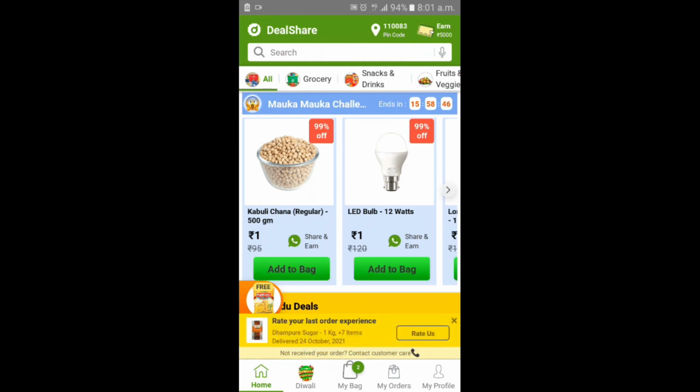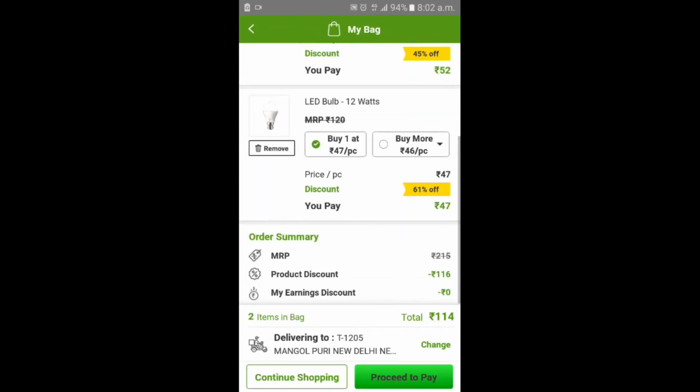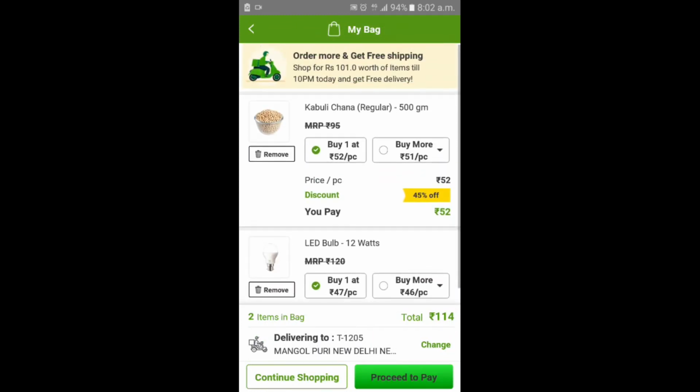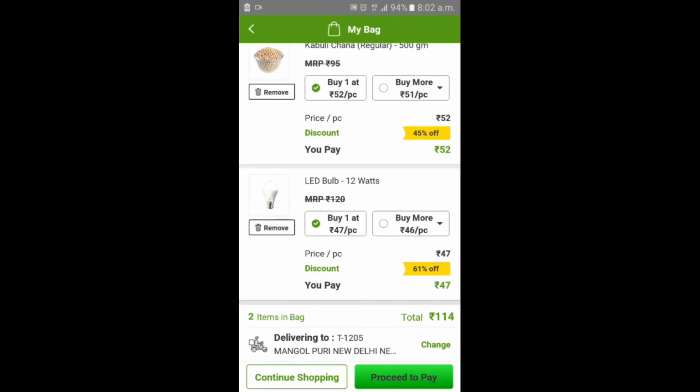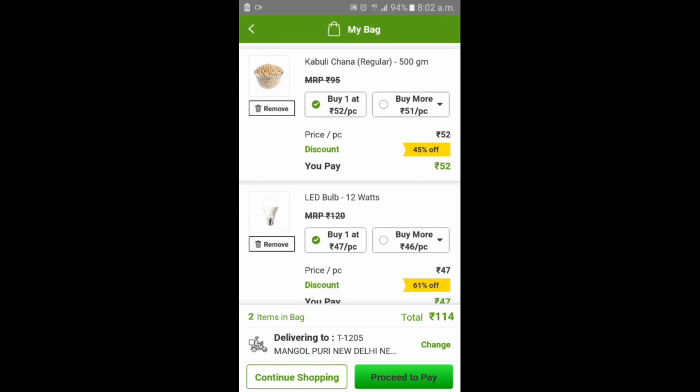As you can see on my bag, the item is added, so you click on that bag. Yes, kabuli chana and bulb. As I have told you already, you can buy the 1 rupee deal one time.